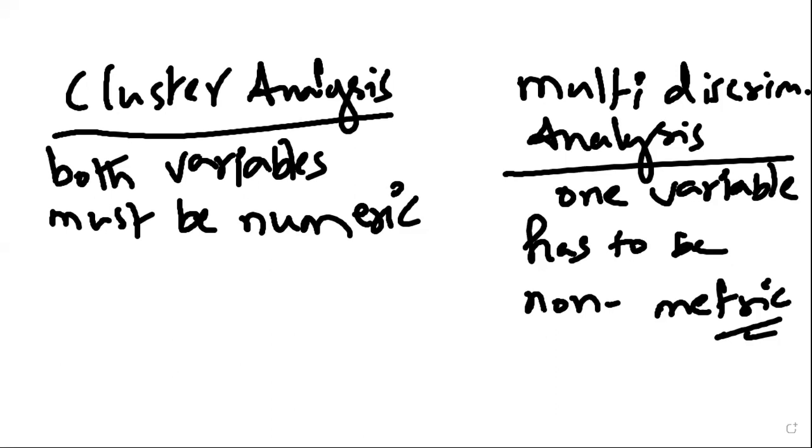So here, just considering one example, an explanation for this technique for analyzing the data. The dependent variable is categorical and the independent variable is numeric. For example, the dependent variable may be the choice of a brand of personal computers. The brand of the laptop may be Lenovo, HP, Dell, and so on and so forth. And the independent variable may be the rating of the characteristics of the personal computers on a 7-point Likert scale.